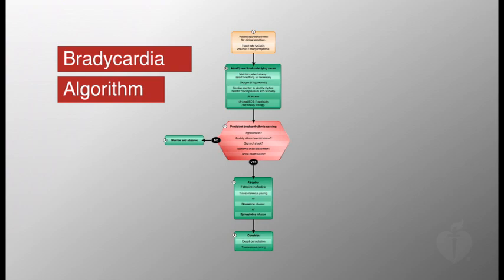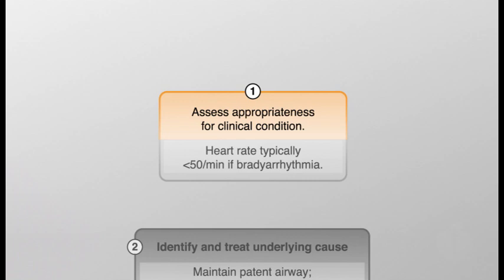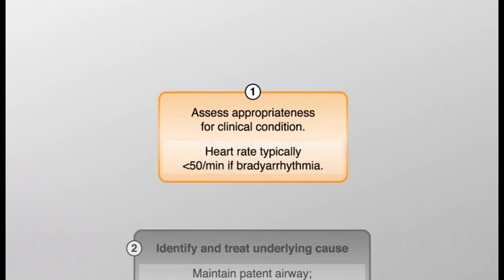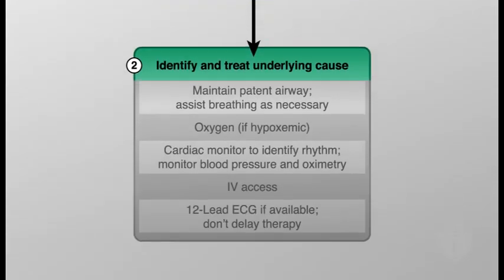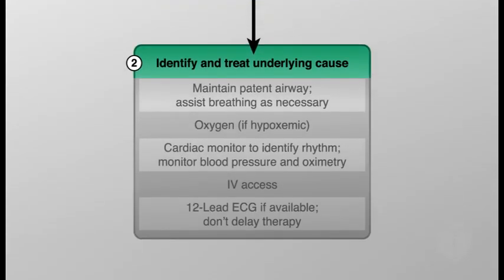The bradycardia algorithm outlines the steps for assessment and management of a patient presenting with symptomatic bradycardia with a pulse. Implementation of this algorithm begins with the identification of bradycardia, which is a heart rate less than 50 beats per minute. Once bradycardia has been identified, first steps include the components of the BLS assessment and primary assessment, such as supporting circulation and airway management, giving oxygen, monitoring the rhythm and vital signs, establishing IV access, and obtaining a 12-lead